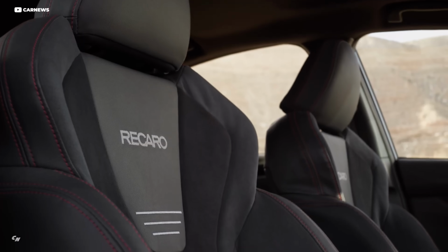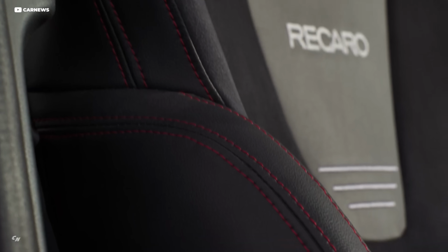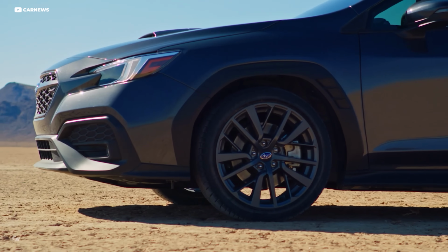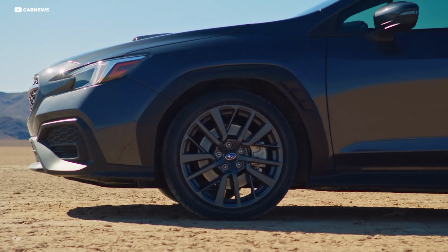This comes with Recaro seats, which is exciting, and I really like how they look. It also has electronic adjustable dampers and 18-inch alloy wheels. That part I really could care less about because we both know we're tearing that out anyways, so it's not really worth the price hike. It does also feature a nicer audio system, but